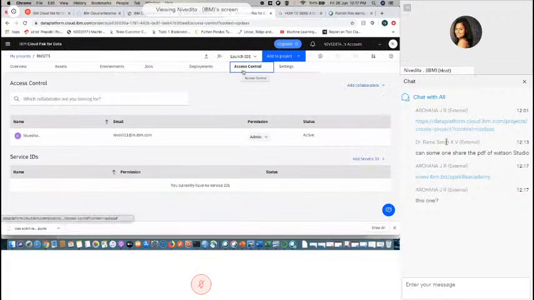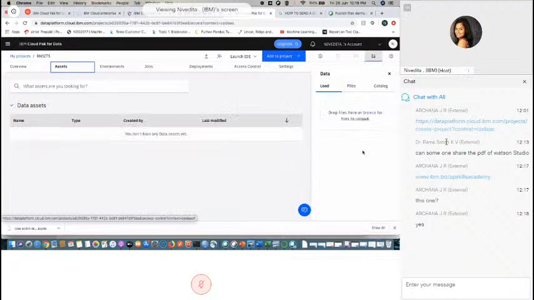So we were able to add collaborators, right? So yesterday we saw how we can import a data set. How we can go to assets and browse for files and pick up the data set. After that, we added a notebook, and we saw how we can analyze data using a Jupyter notebook. So yesterday we created it from scratch. Today I will,